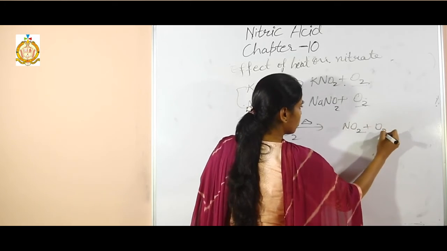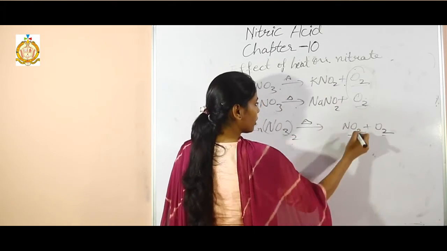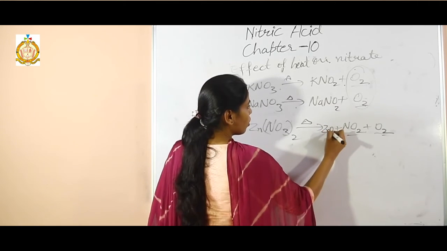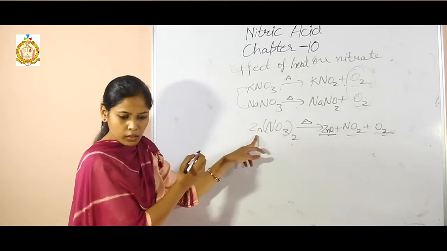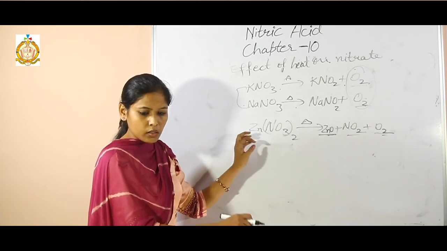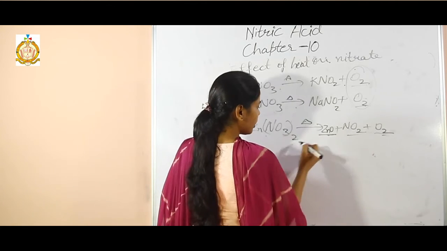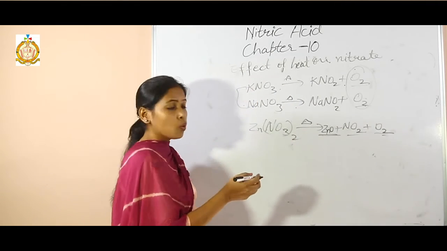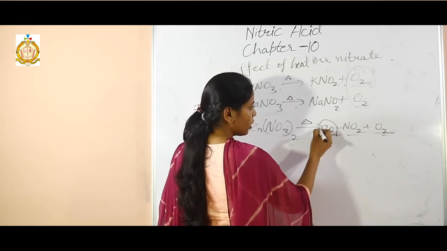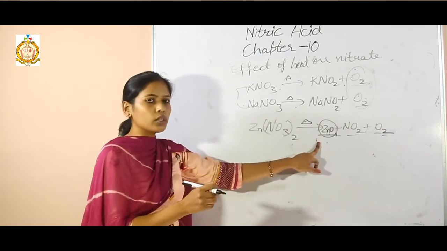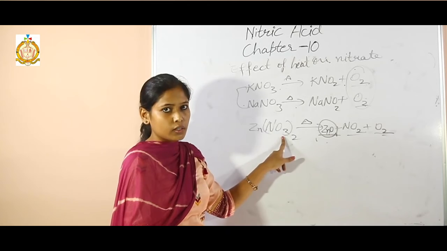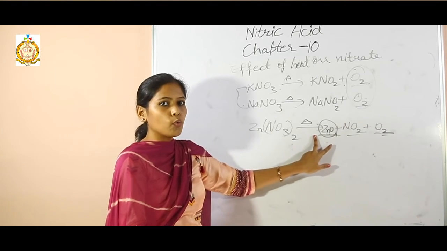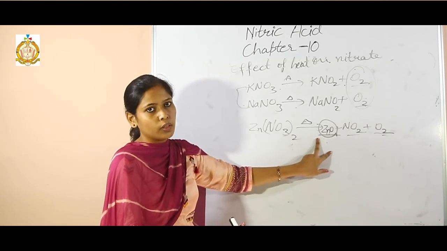Next, when we talk about zinc nitrate, on heating it gives nitrogen dioxide and oxygen, two gases. So that's why there is only one here, and two here. Rest all nitrates give two gases plus zinc oxide. Now see, this one is colorless, and it will change into a substance that is yellow when hot and white when cold. So what observation can you give when zinc nitrate is heated? A residue is formed which is yellow when hot and white when cold.